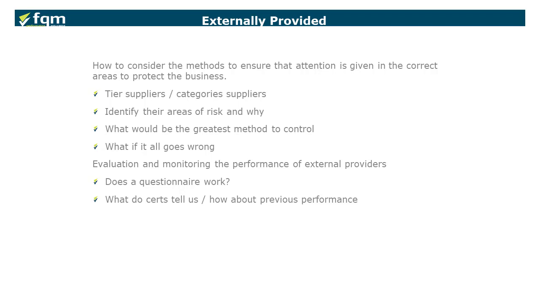What would be the greatest method of control that you would use? Is it sufficient to do it as a desktop exercise to control and verify? Maybe seeing test reports or verification. Could it be that you have to go further and visit their site and see what's going on, visit another location and audit them before they come to your site? And again, what you've got to think about is contingency planning. What if things go wrong that are outside of your control? So if you are requiring a subcontractor to deliver a service on your behalf, what if things go wrong? You're not on the site, you're not there to control it. So how do you put in place the correct contingency measures so that you think you've got enough control with that